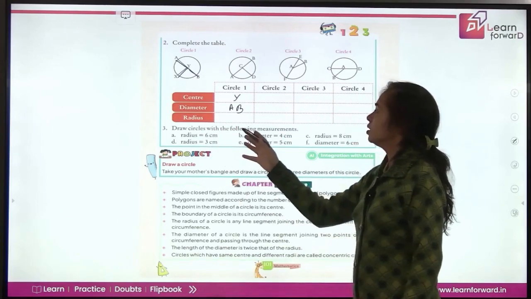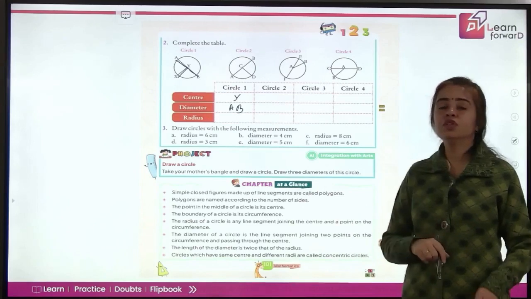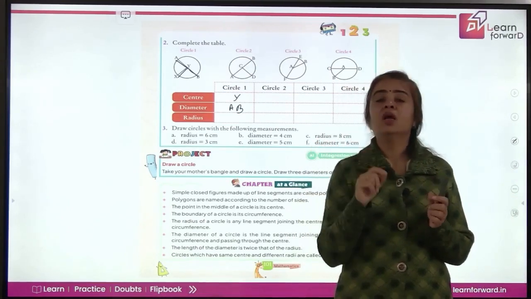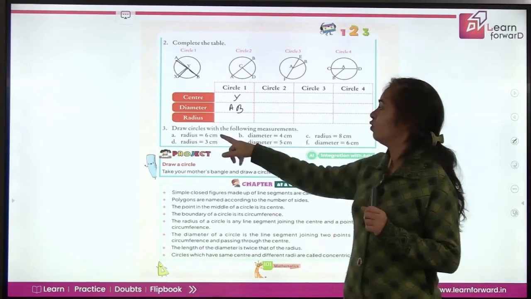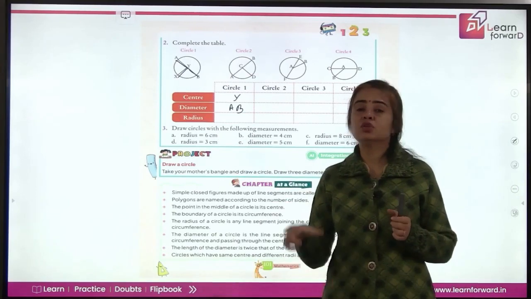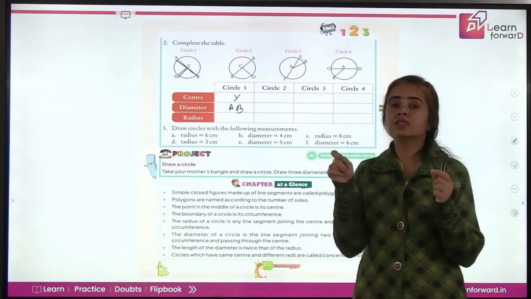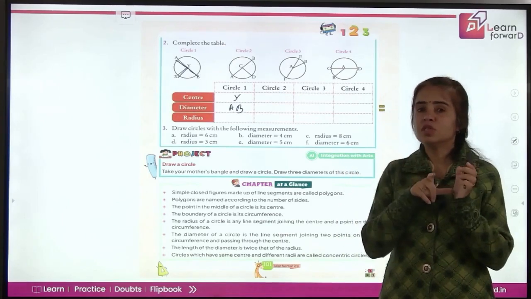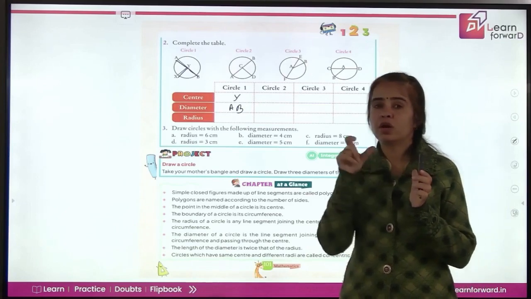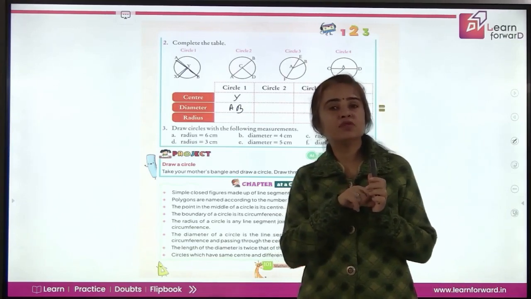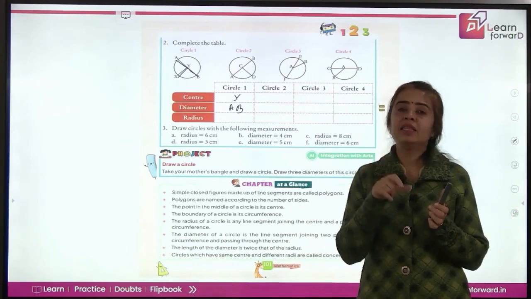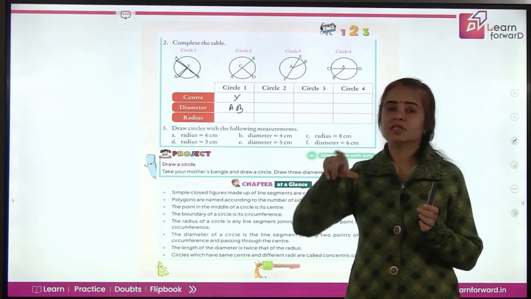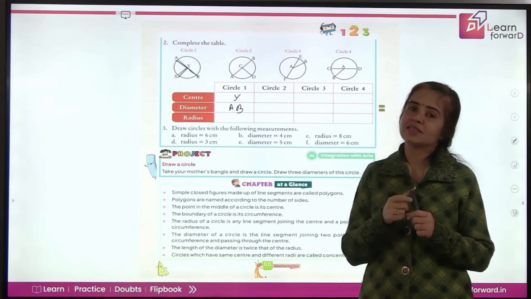Now draw circles with the following measurements. So what you will do, you will take compass, put the pin on 0, and then if they want the radius as 6 centimeters, so you will open your compass till your pencil reaches 6, right? So from 0, that will be the fixed point, your tip of your compass will be there, the needle, and then you will open your pencil till you reach number 6